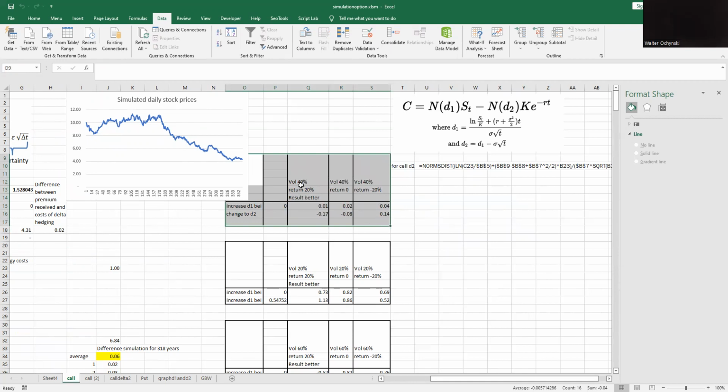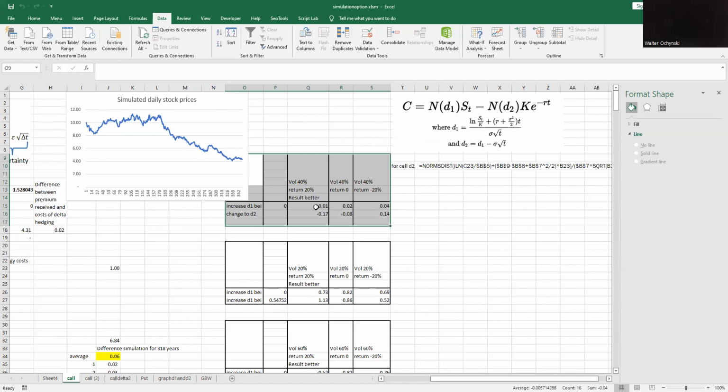I show the volatility of 40%, return in the first case 20% per year, return of 0, and return of -20%. And we see here, when we do delta hedging according to D1, as I was showing all the time up to now,